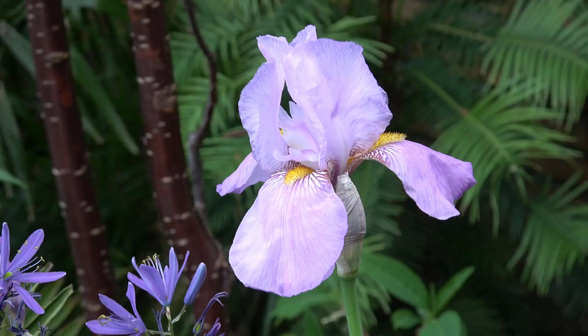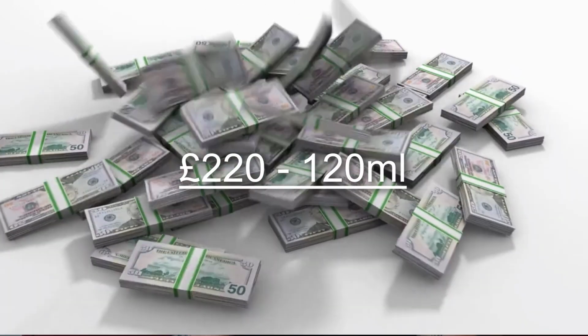It is one of those beautiful fragrances. It'll never go out of style, and it's iris. There's that violet in here. It's fresh. It's clean. Sandalwood, ambergris. It is absolutely classy. It smells absolutely amazing. Now this one ran me about 220 quid when I bought it,